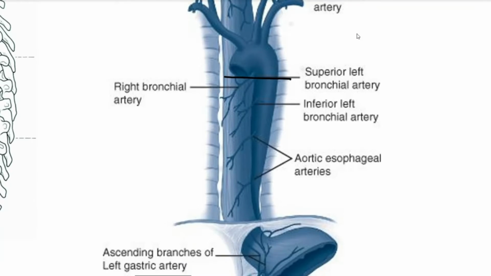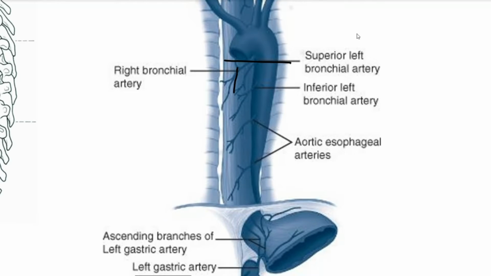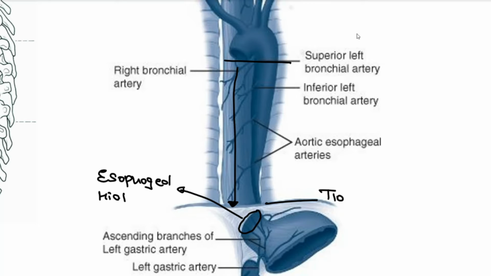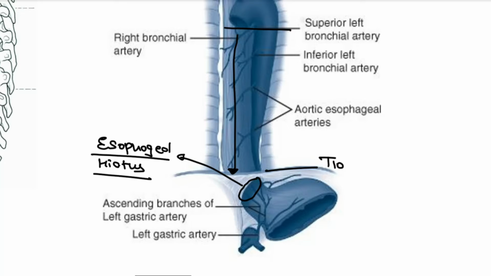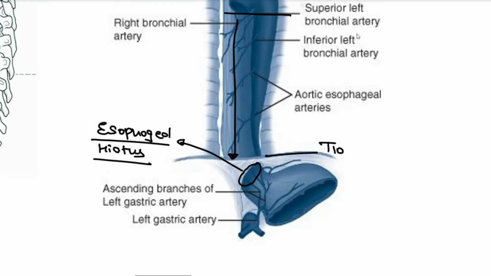Then moving downwards, it will continue its path up till the diaphragm where it will pass through at the T10 vertebral level here and this point is referred to as the esophageal hiatus. So, this esophageal hiatus is located on the diaphragm and is present at the T10 vertebral level. And further, we have the abdominal part of the esophagus that is approximately 1.25 centimeters starting from the esophageal hiatus up till the cardiac part of the stomach.